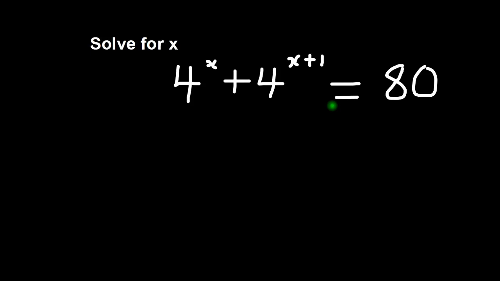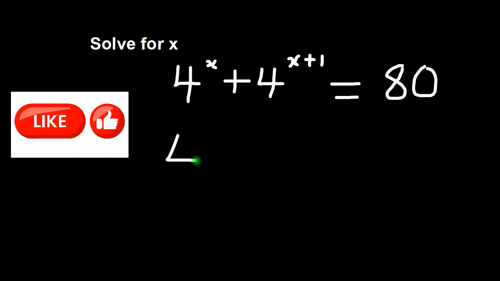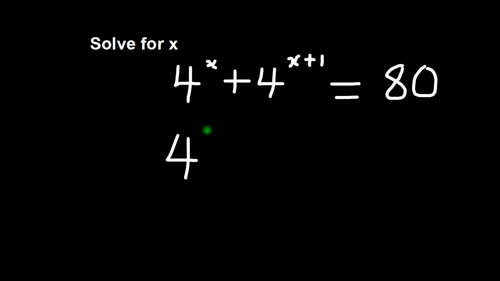To solve for x in this equation, we need to first rewrite this expression 4 raised to power x plus 1. So to rewrite this using the rule of indices, we then have